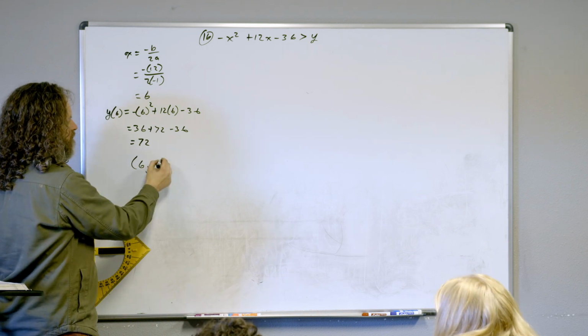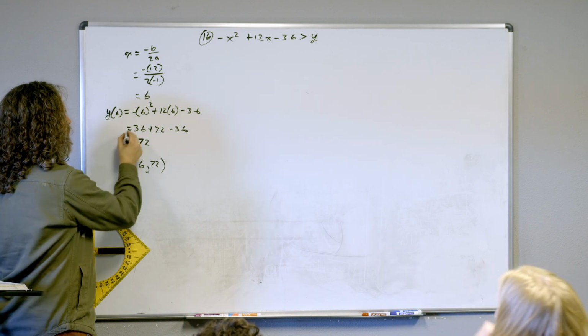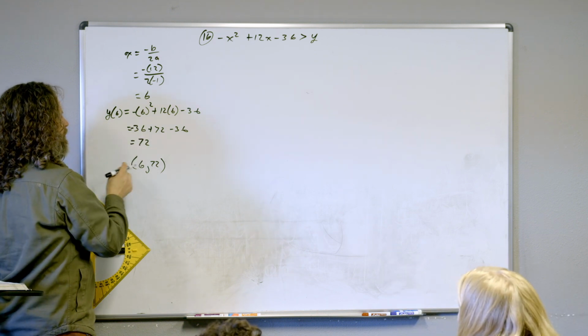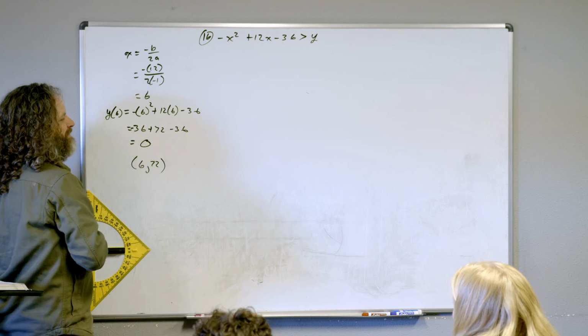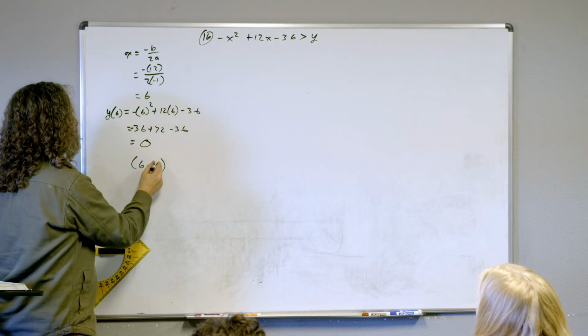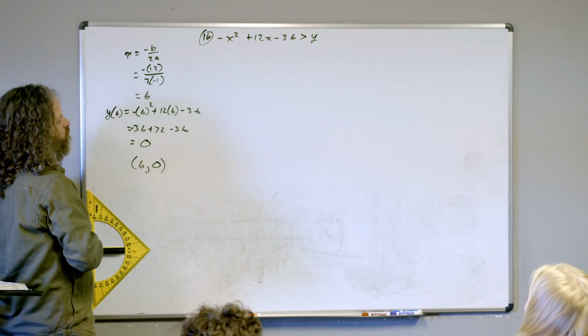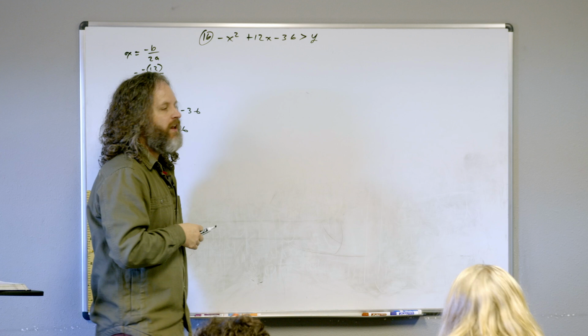Is it negative 36? Yeah, it looks like there's a little negative sign. Oh, right. I didn't copy that down. Just kidding. How about 0? Is that more reasonable? Okay. So there's the vertex. I like your idea too. That can give us the